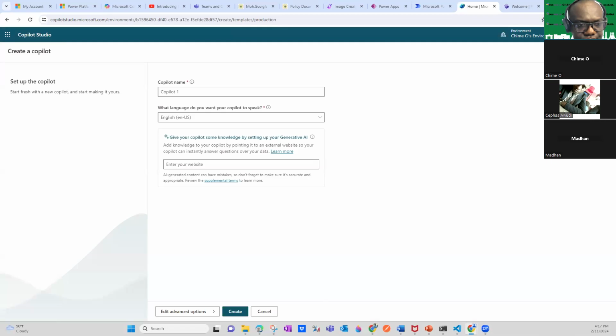It'll give you a list of names, choose your name. What name do you want to call the Copilot? For example, we'll be using real estate. I'll call it a real estate booking service. There are different languages that you can select, but we'll leave it at English. You can also type in any real estate websites you know, for example.